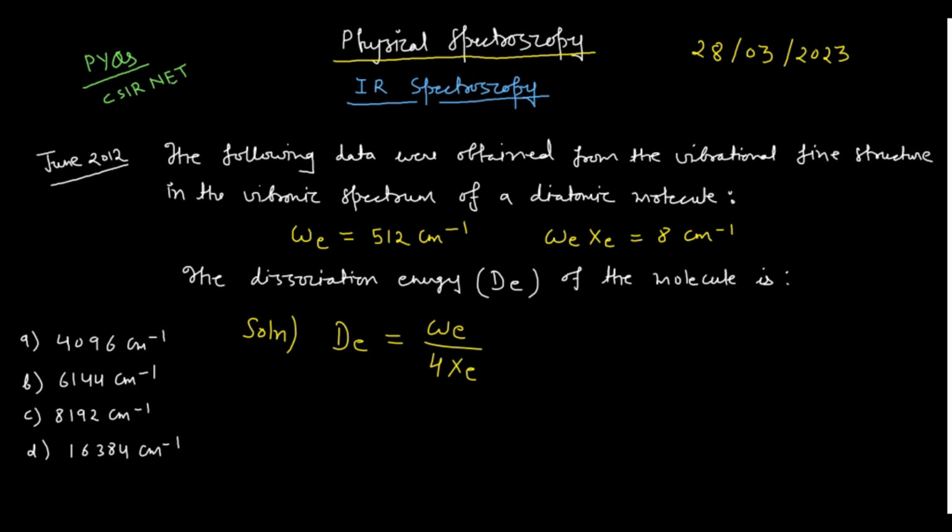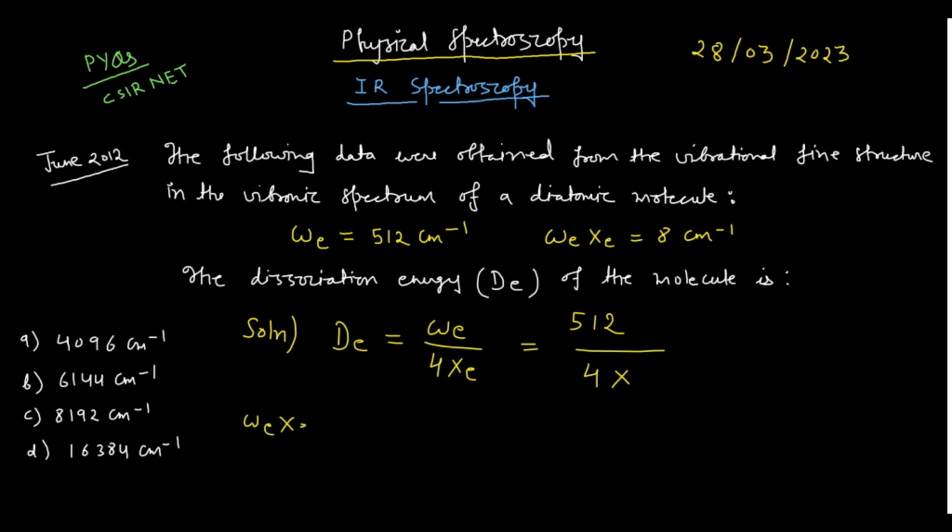Now based on this, the omega E is given. If you want to calculate DE, omega E is given, which is 512. You can write 512 like that, there is no problem in that, and then divided by 4, and you have to write the value of the XE. You can very easily calculate the XE. How? You see,